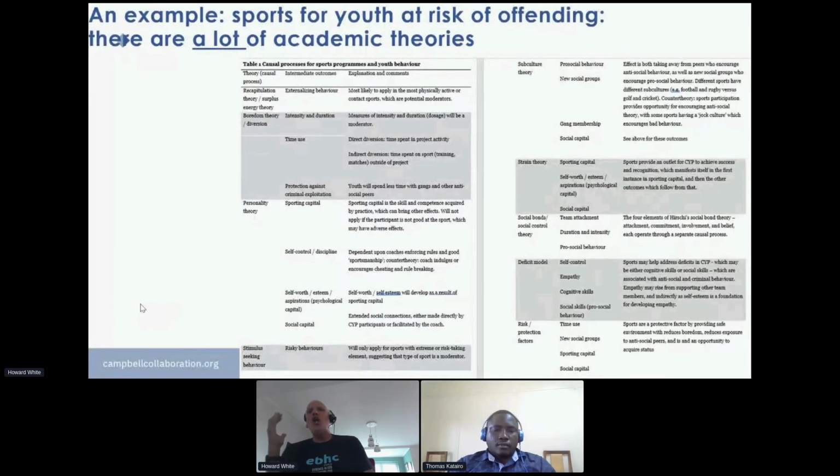And there are a lot of academic theories. I realize you won't be able to read this table, but there are 20 odd different academic theories or more explaining how we might expect sports interventions to reduce